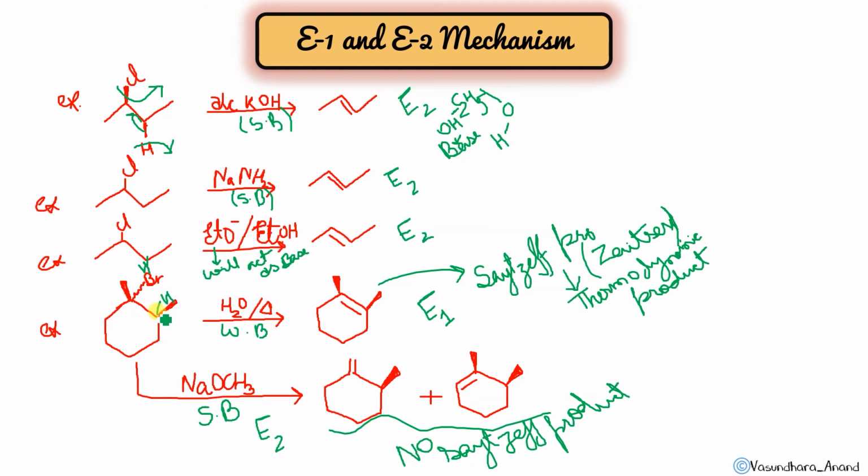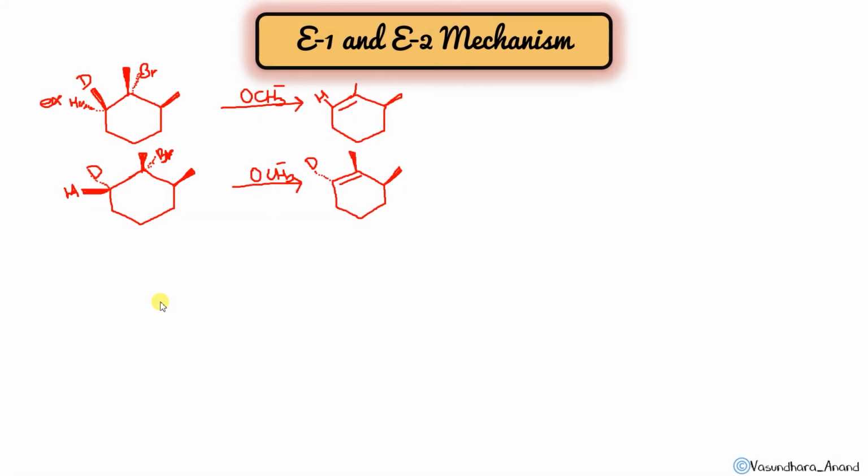What's the reason for that? Got it? What was the reason for this? So from here you understood a concept, the anti-periplanar concept. E2 mechanisms are stereospecific, meaning they have a specific requirement for where the beta elimination will occur. Got it? And when it was observed experimentally, we found that the E2 mechanism follows the anti-periplanar elimination reaction. Now let's see one more example, and then I will tell you what this anti-periplanar reaction is.